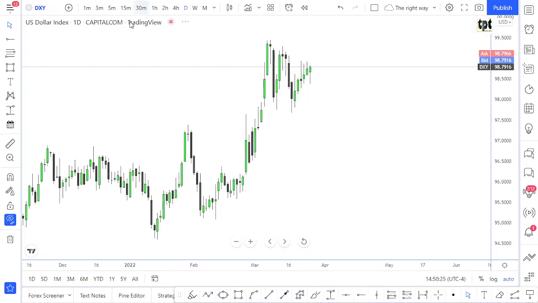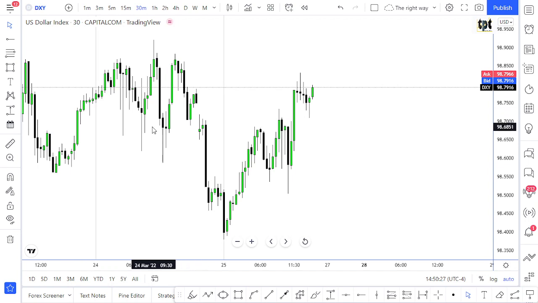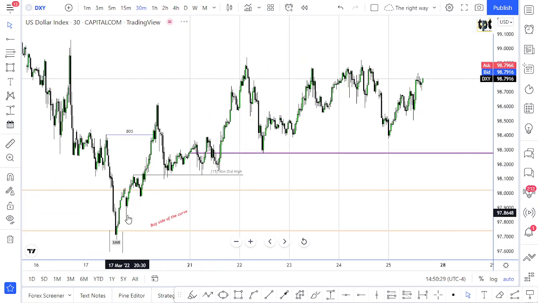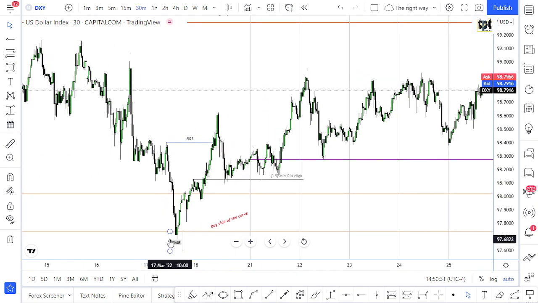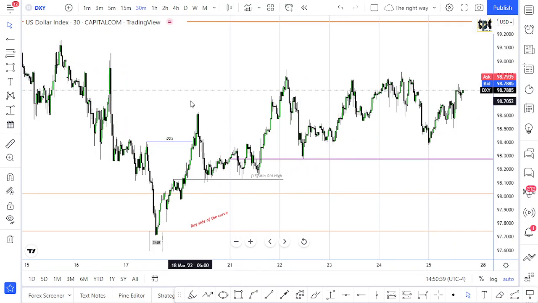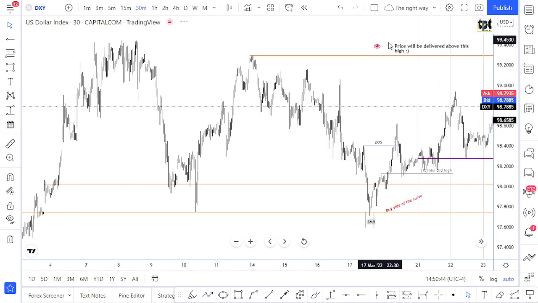So let us go back to the 30 minutes time frame so that you can be able to see. Now in the 30 minutes time frame, this is the same thing. This is the section of volume imbalance that you're able to see on the daily time frame. The market, after diving and filling it completely, gave us a break of structure at this particular price point, and now it has been breaking high significantly, and I'm anticipating the delivery above this high and potentially this short-term